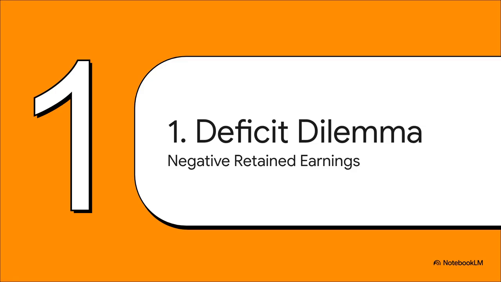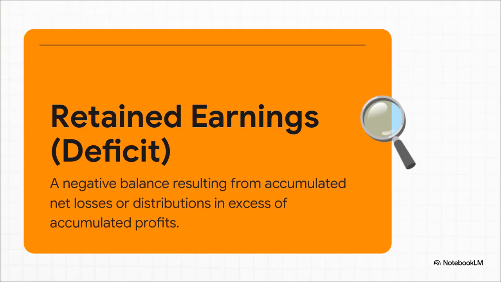All right, first up, what is the core problem that quasi-reorganization is designed to solve? Well, it all boils down to one thing: a deficit in retained earnings. A deficit is so much more than just a negative number on a spreadsheet. You've got to think of it as a huge flashing red light. It signals some serious financial trouble from the past. And here's the real kicker: it legally blocks a company from paying out dividends. No dividends means unhappy shareholders.